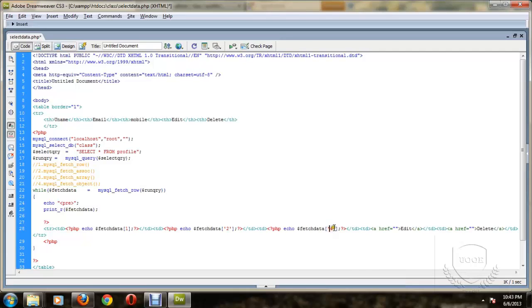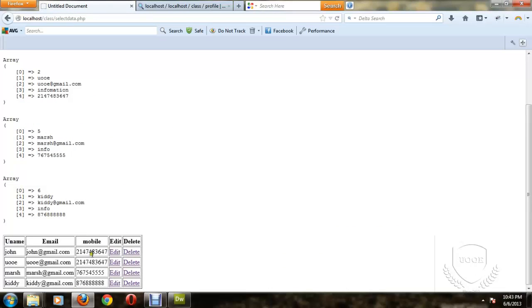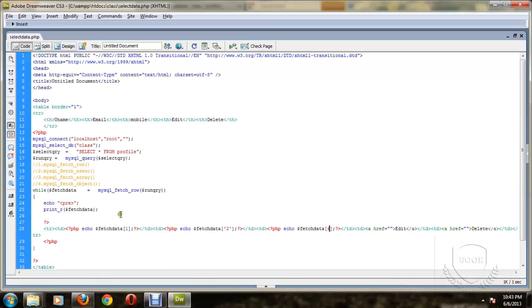I mean this is just numeric, it is not necessary to place it between single quotes. If it is a string, you want to place it in single quotes. For this numeric, it doesn't matter if you place it in single quotes or double quotes, it will display. So this is the way if you fetch records by using row. Suppose you are going to fetch data by using array,